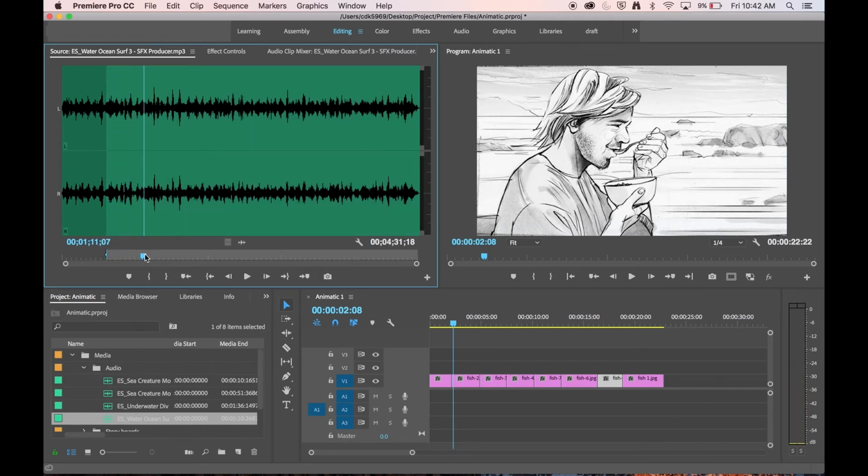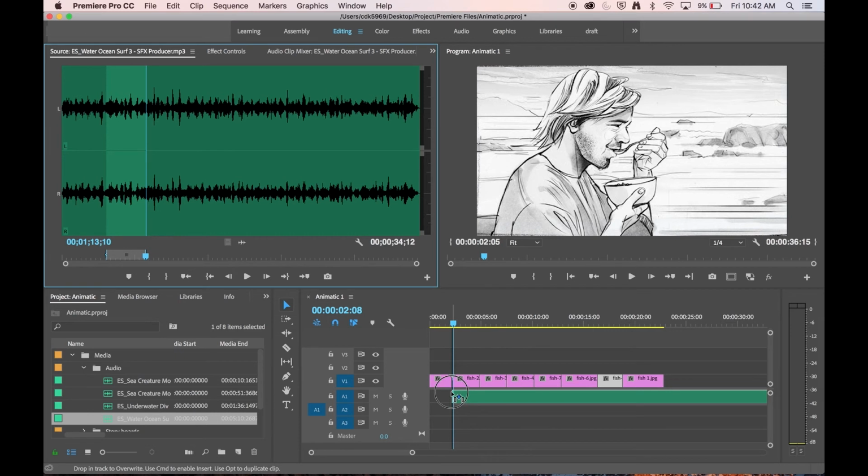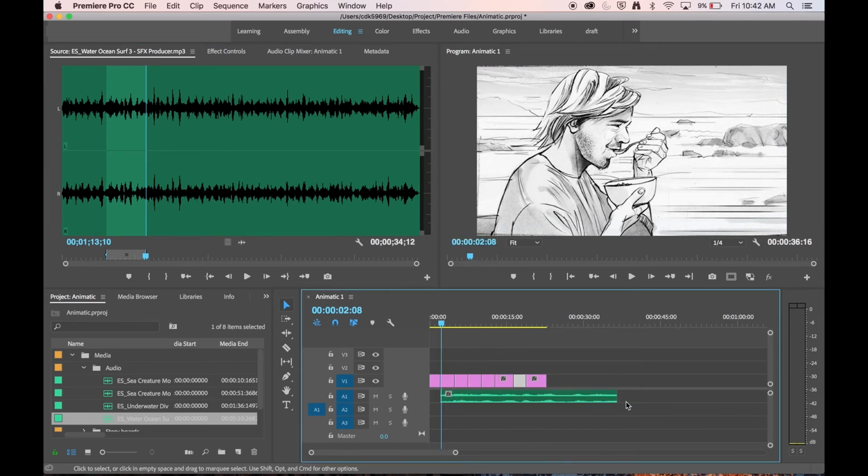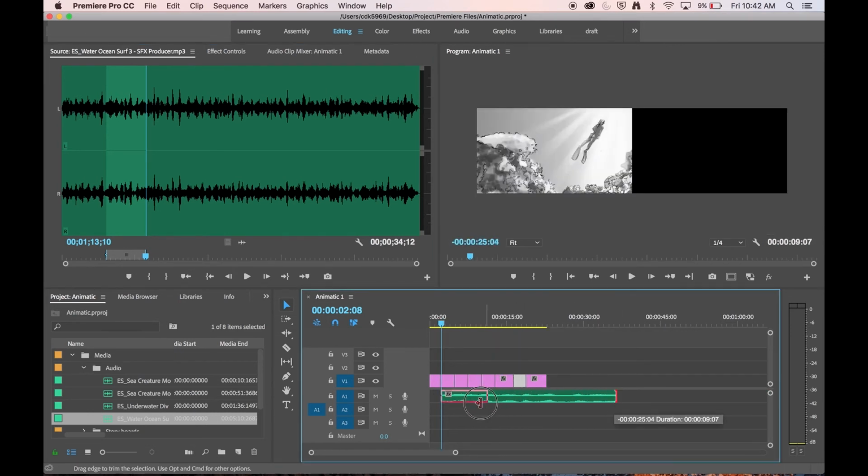I can either scrub through or play. I'm going to mark out. So I've highlighted this portion of the clip. To add it to my edit, I can come down here and where I have this little waveform icon that looks like the waveform of our audio, I can just click and drag like I did with the still pictures and place it in. And you'll notice that it is far too long, so I'm just going to shrink that down